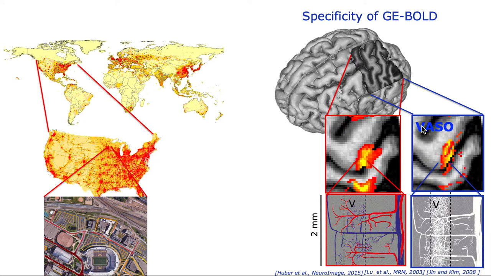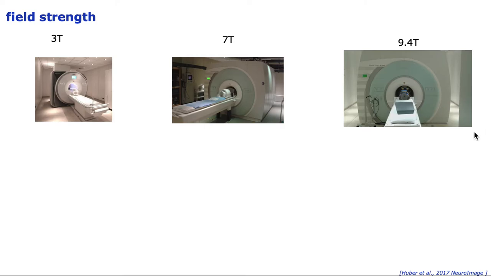For example, this blood volume sensitive VASO method, which can better delineate these stripy patterns indicating the layers. However, it also comes along with a lot of weird stuff. So we have these false positives here. There's a higher noise level that comes along if you want to have this higher localization specificity. And one very efficient way in increasing the